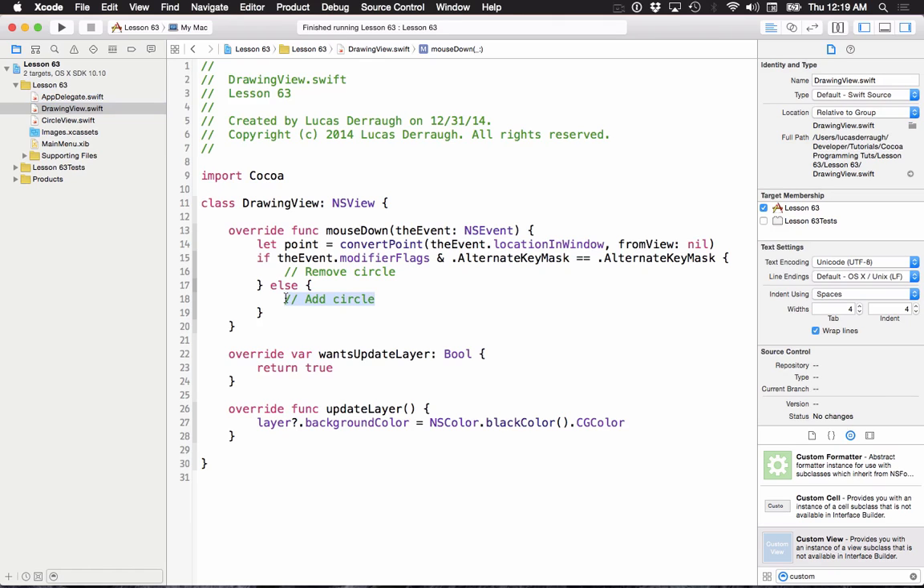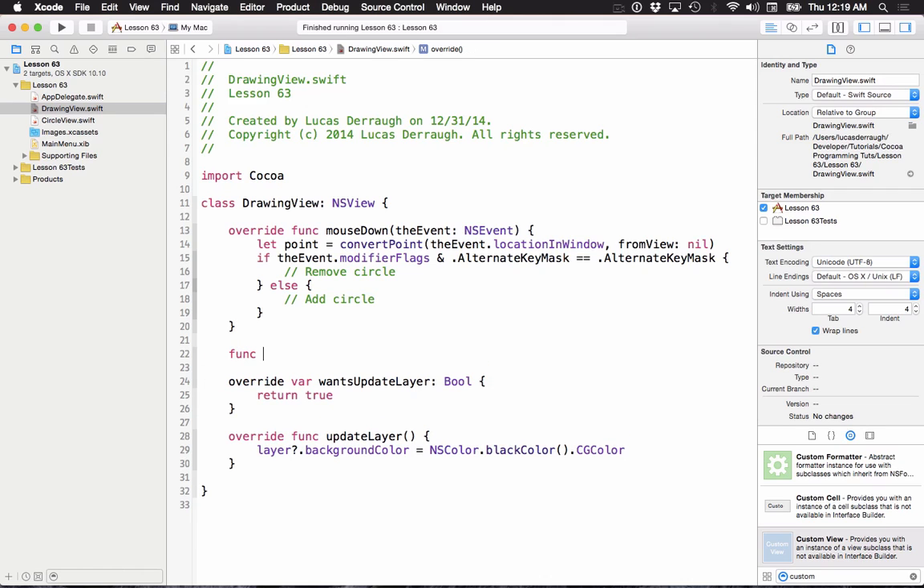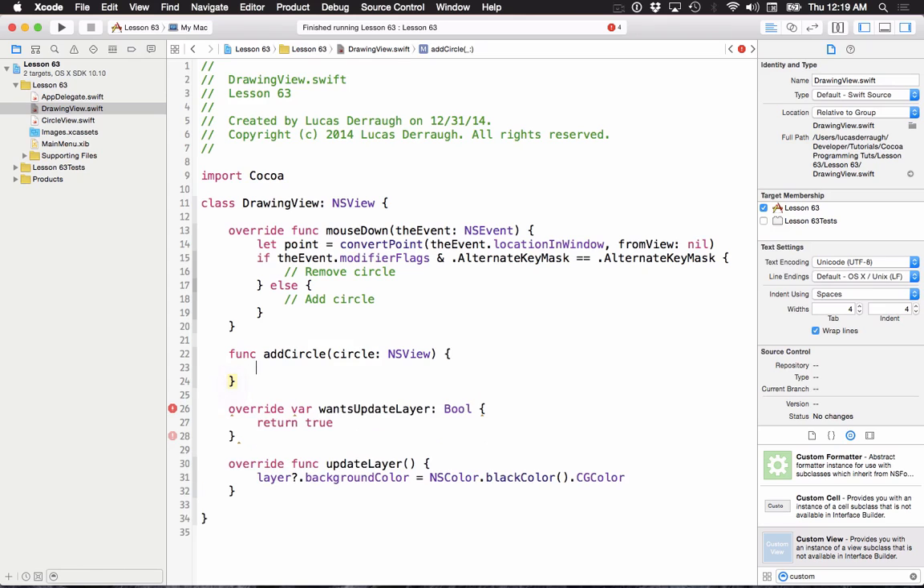So let's start off with adding the circle. I think this is the easiest. And what we're going to do is we're going to make 2 new functions for this. So these functions are very explicit in that they're only going to alter, really, they're trying to alter the model